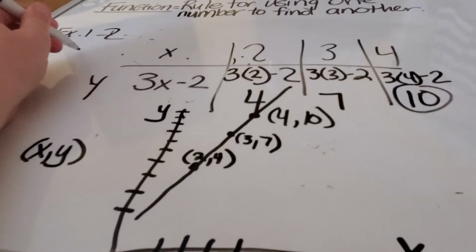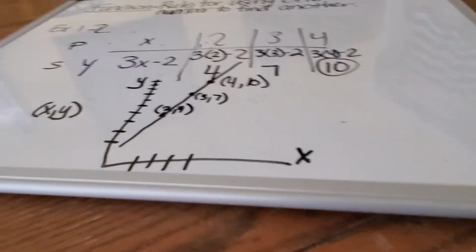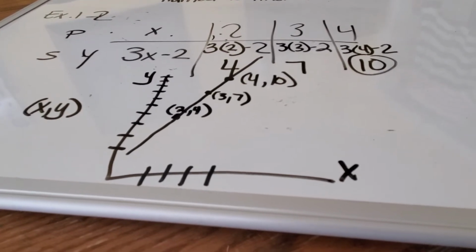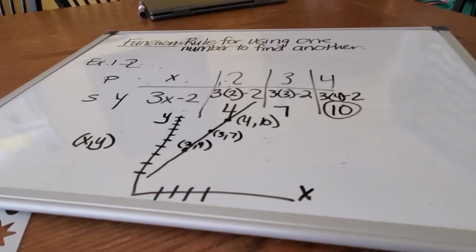You could have called this P. You could have called that S. I mean, whatever they tell you to call it. One of them's going to stand for your horizontal line. The other's going to stand for your vertical line. Okay? The last thing that they do in example 3,